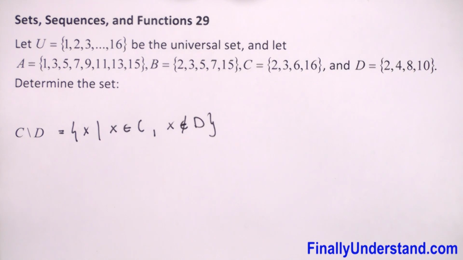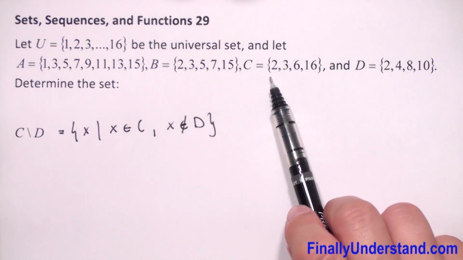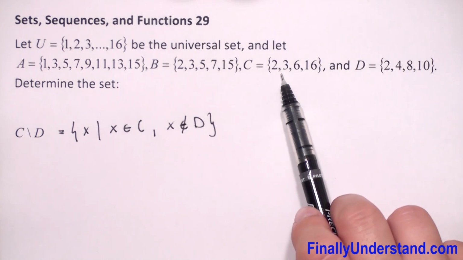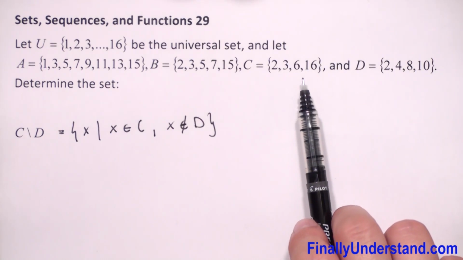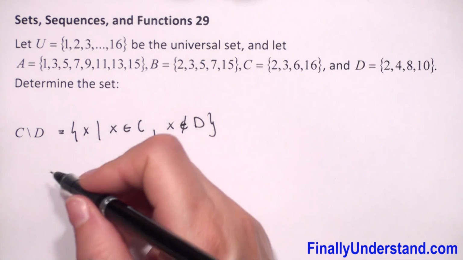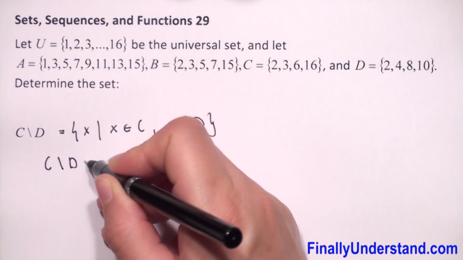Now we have to look in set C and in set D. We have to find all elements which belong to set C and not belong to set D. So the difference of C and D is